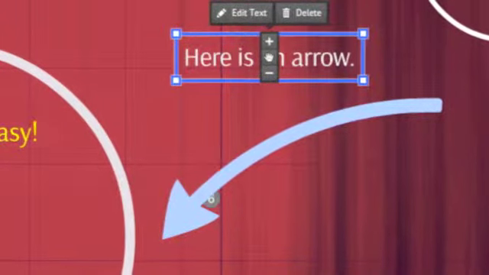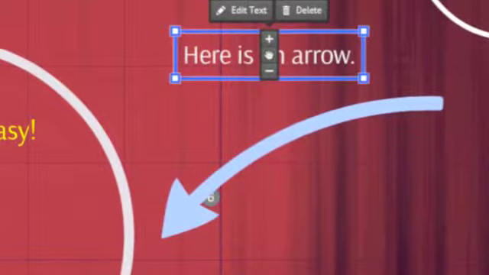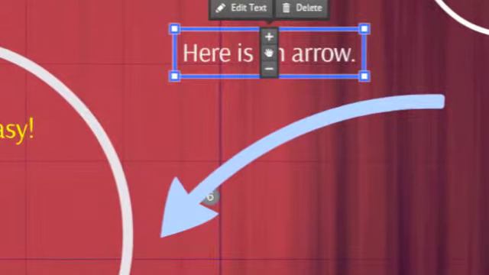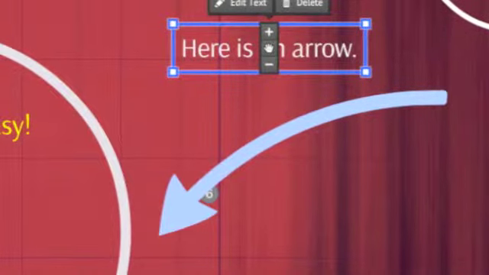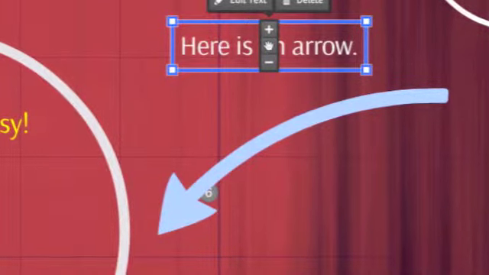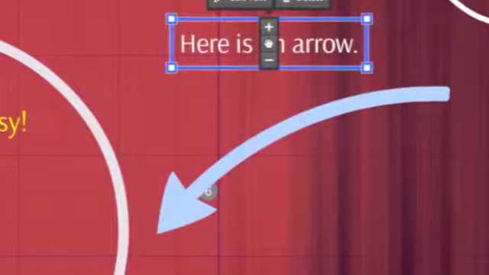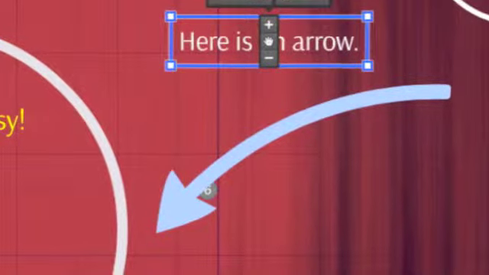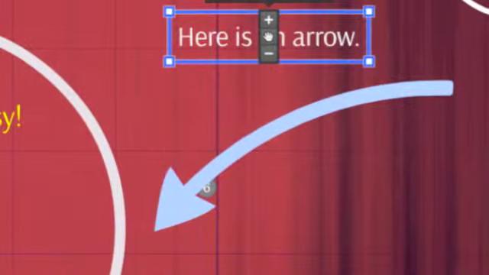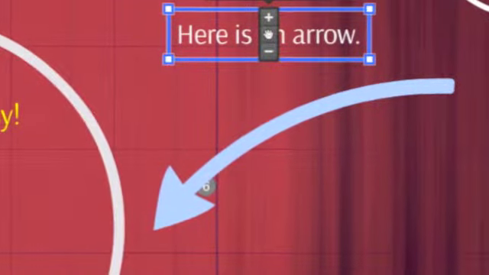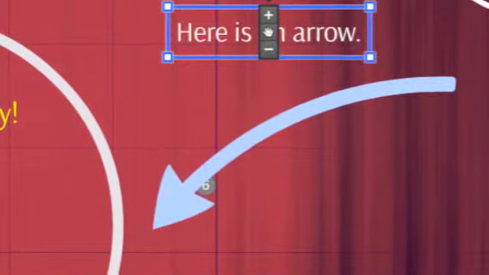After you enter your text, click away from the placeholder. Then, the next time you single-click that placeholder, a menu should pop up that includes a hand in the middle and plus or minus symbols. If you click on the hand, it will allow you to drag and drop your placeholder to any place on the Prezi screen. The plus will increase the size of the placeholder, and the minus will, of course, decrease the